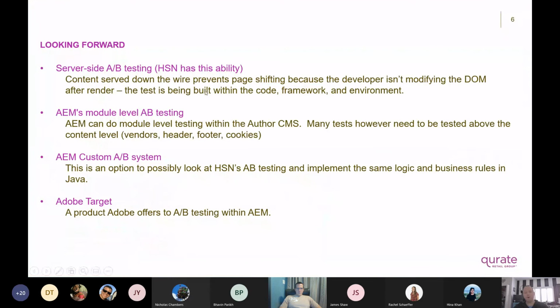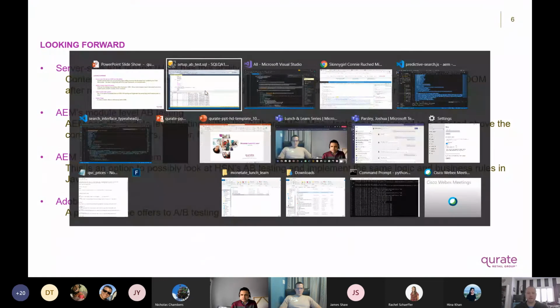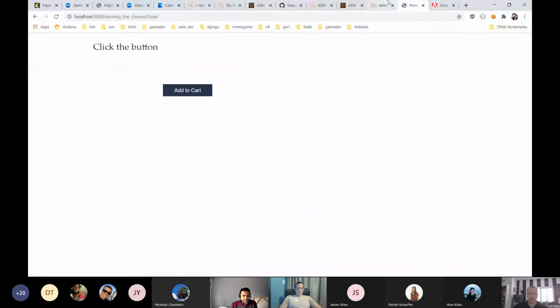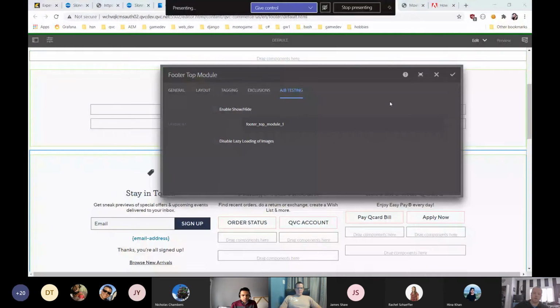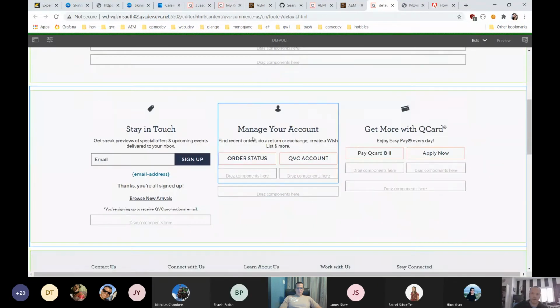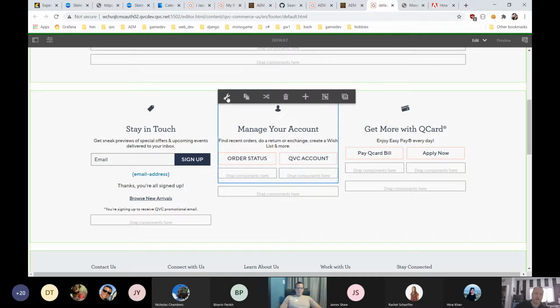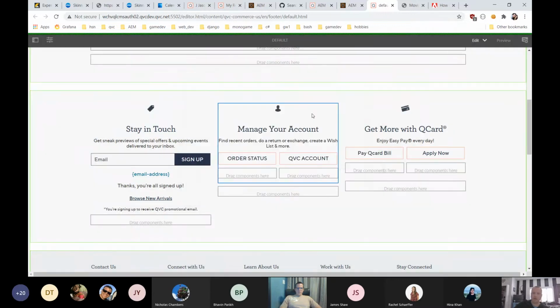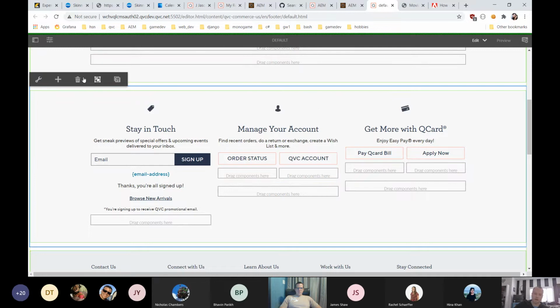So AEM does have module level A/B testing. It's something that we don't really utilize, and I'll show you why. So here's our authoring instance, and this is the footer. This is the footer in AEM. So if I wanted to A/B test this manage your account, I have no way of doing that as it stands right now. But when I talked about the module level